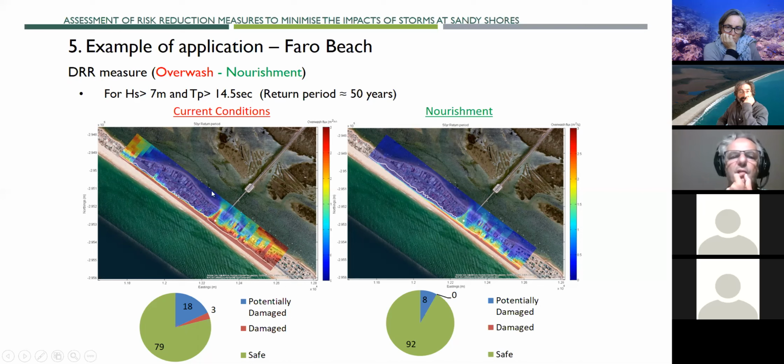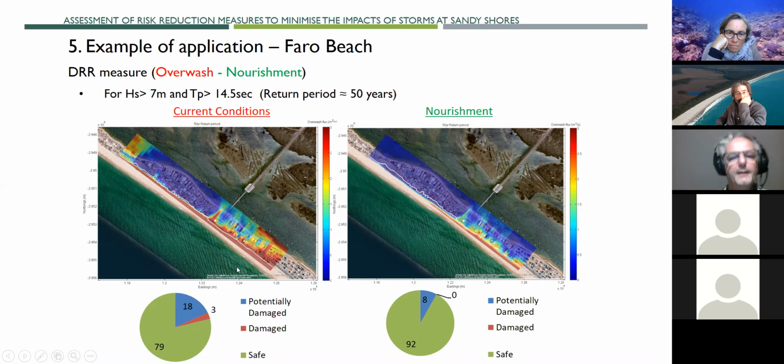And for the current conditions, this is what we would have in terms of overwash, the flow velocities. You can see these areas and the flow velocity is estimated for these areas. We know that these are the worst areas. This is the car parking. We know this completely. We also know this one is a very strong area of